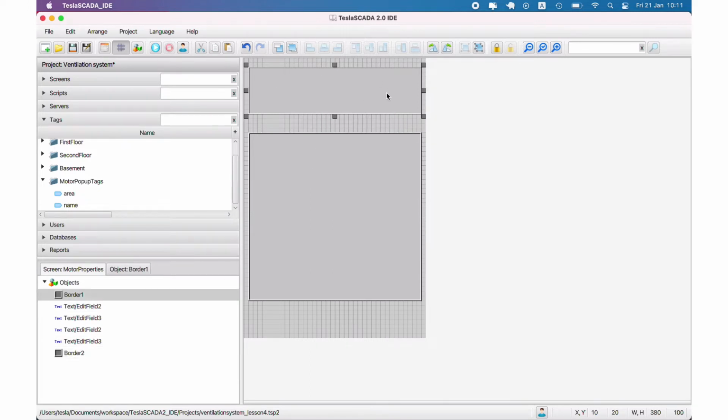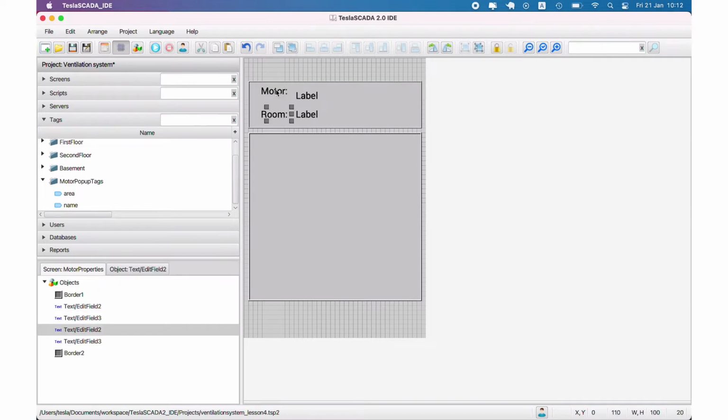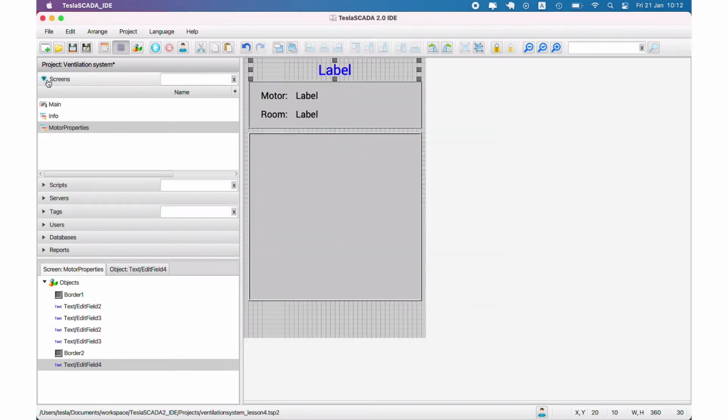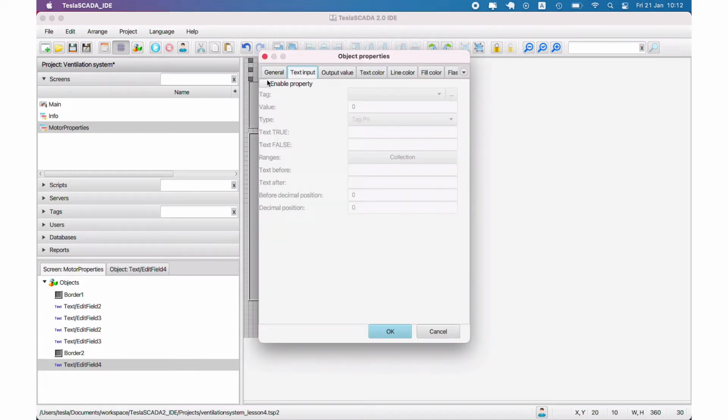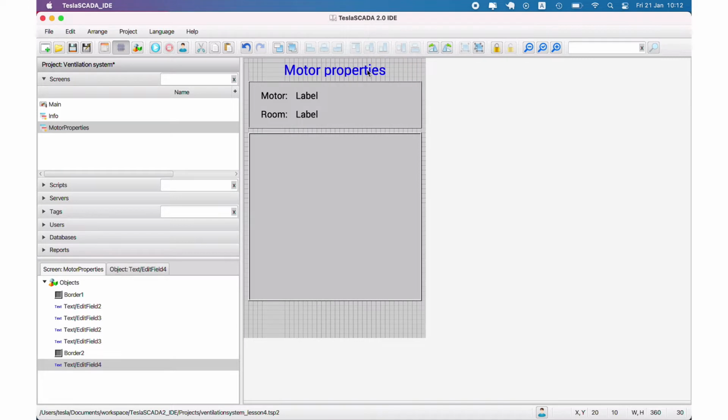And let's create some properties of our motor. We get properties from the tags that bind to this motor. Now let's create some caption, and name it motor properties label, also with black color, and let's